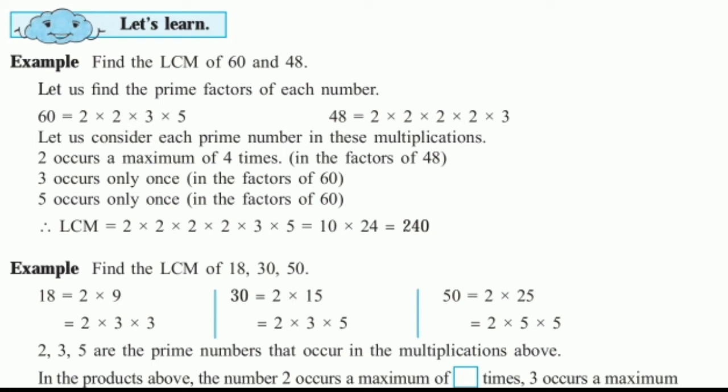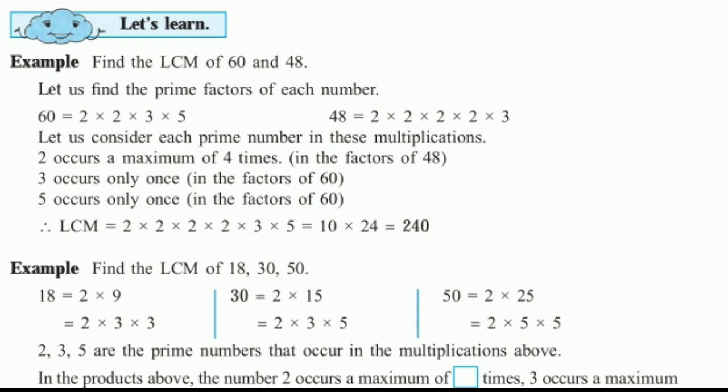So what we will do here, we will take all the factors with their most occurrence. So here we will take 2 and 3 and then 5. So what we will do, we will take 2 once, 3 twice and 5 also twice. After multiplying all these numbers, what we will get, 2 into 3 into 3 into 5 into 5. The multiplication of both the 5s is 25.